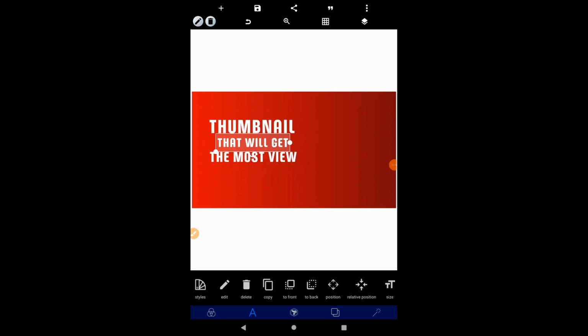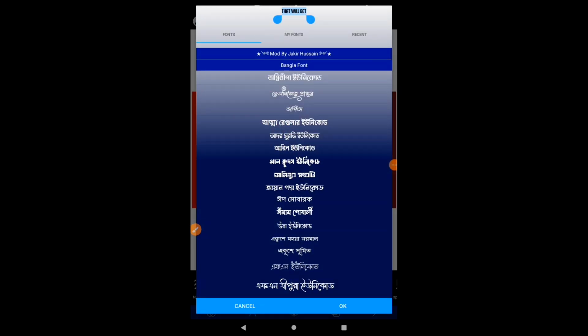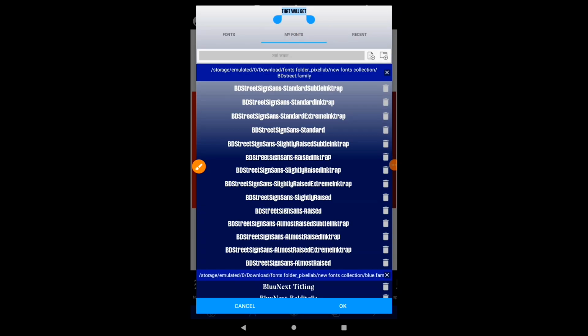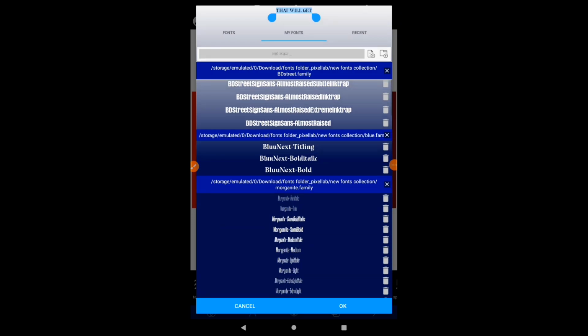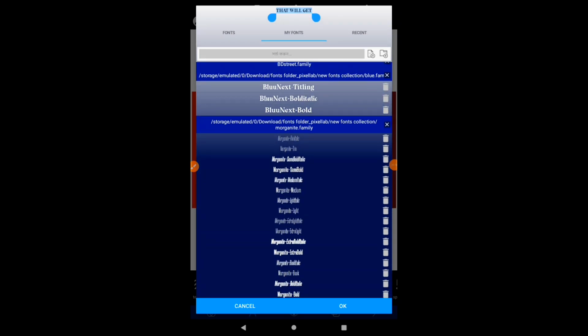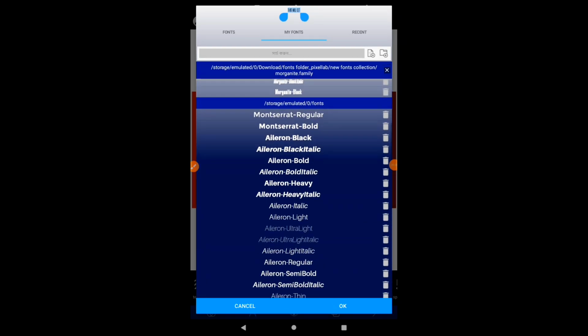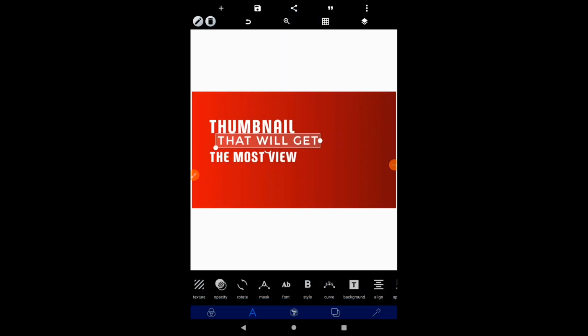That will get. So I'm coming back to this font and I'll click on it, then click on my font here, then I'll choose different fonts. So click on, let me choose Montserrat regular. This is the font that I am using, right? Then I'll click on OK. So as you can see,